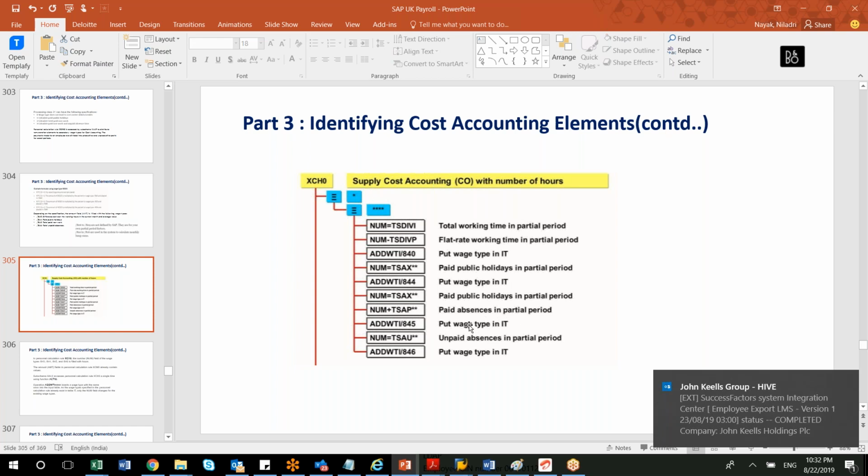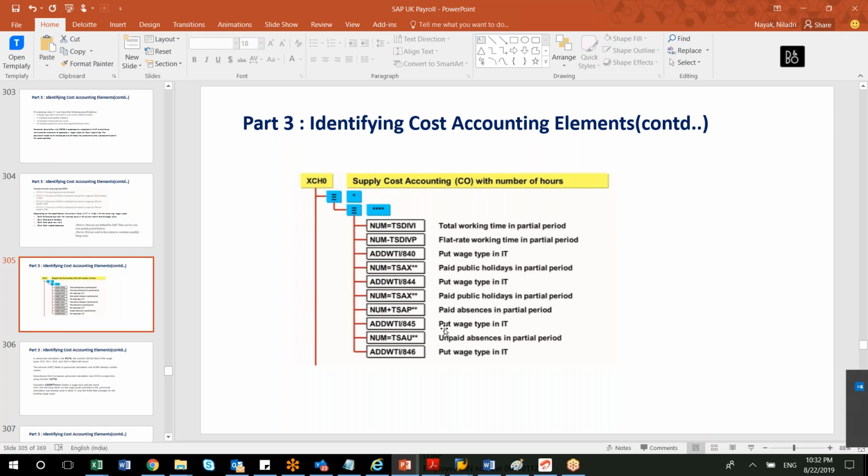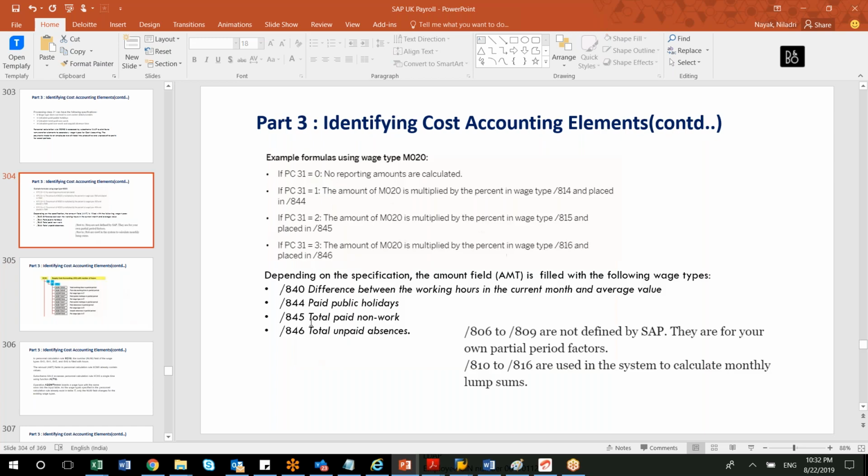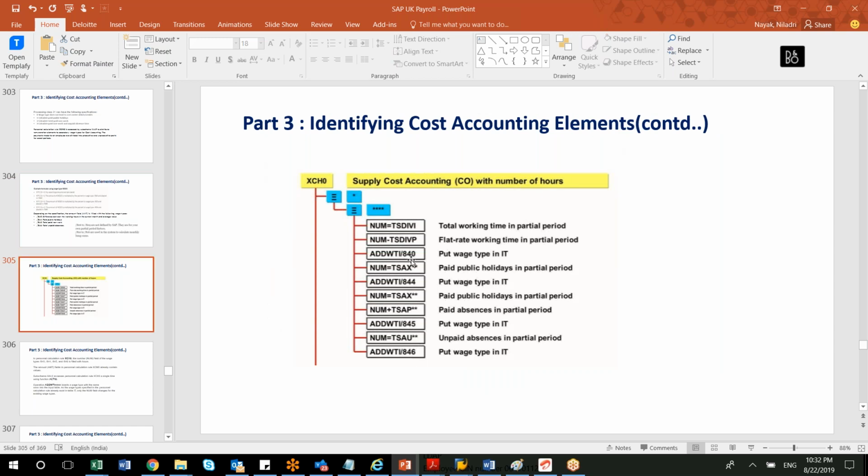Again the system will check, and if there are any paid absences, it will add that into the specific /845. That wage type it will check, and it will add to the total paid on non-working days. Similarly, any absence in the partial period will add to your /846. So these are the different secondary wage types which are created in this particular XCH0. It is called as a supply